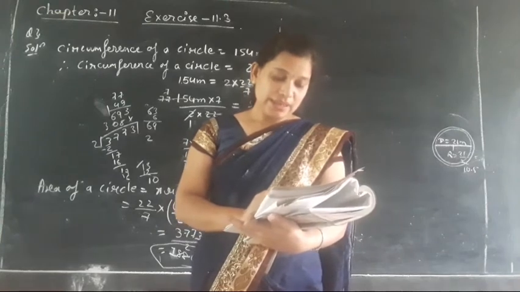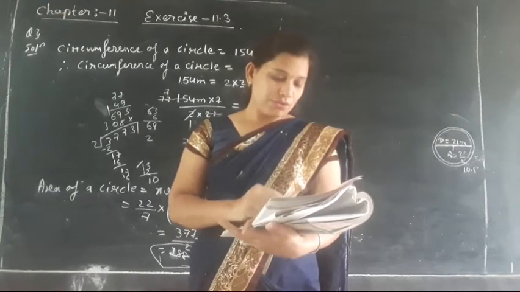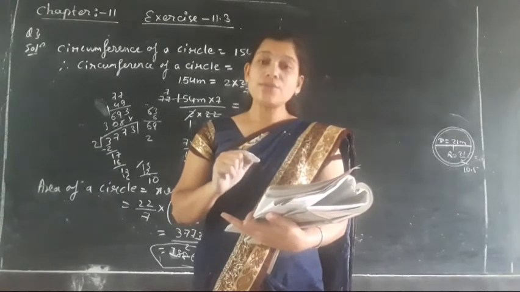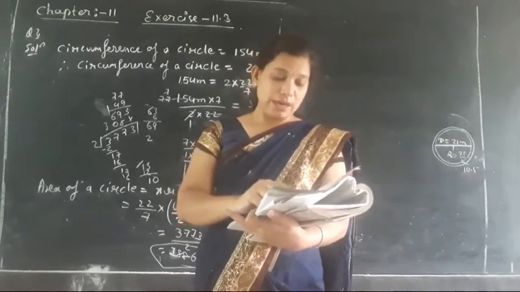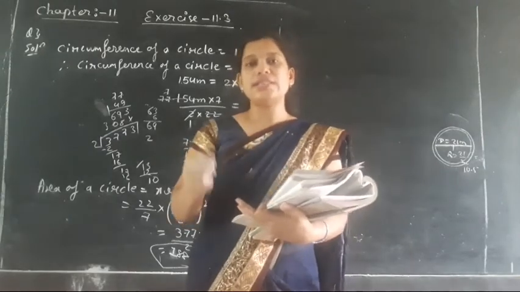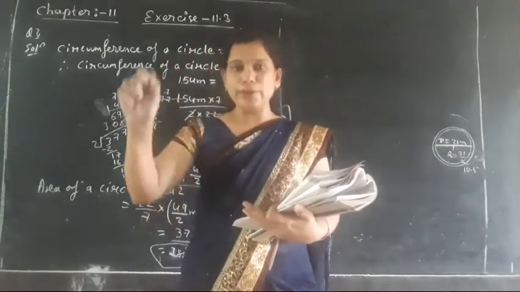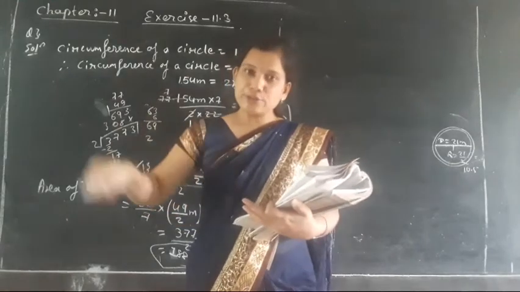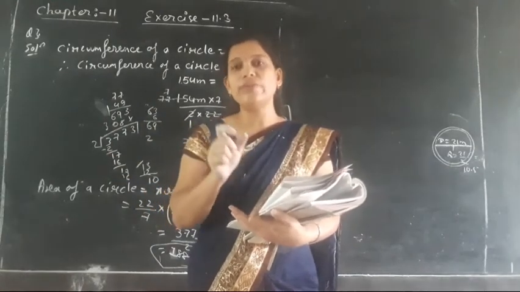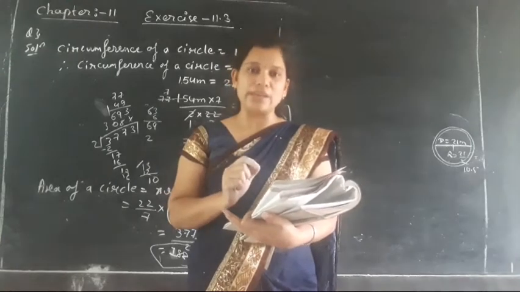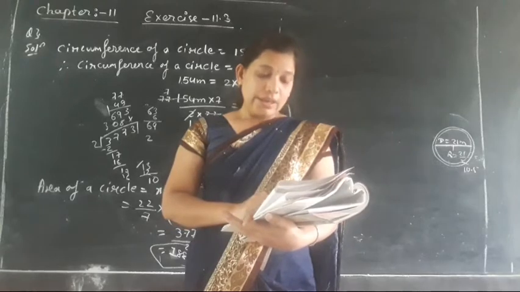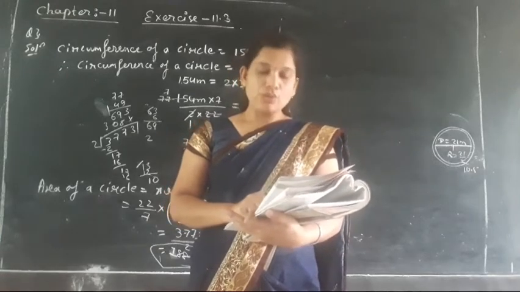Then he makes 2 rounds of fence. Also find the cost if the cost is rupees 4 per meter. अब यहाँ पर हमको कॉस्ट फाइंड करना है और साथ में 2 राउंड फेंस किया गया है. मतलब एक कंप्लीट हुआ सर्कल, फिर सेकेंड टाइम फिर उसको राउंड किया गया. मतलब सर्कमफ्रेंस की जो भी वैल्यू निकलेगा उसको 2 से आपको मल्टीप्लाई करना है. बिकॉज हियर इन द क्वेश्चन इटसेल्फ इट इज सेड दैट if it makes 2 rounds of the fence.